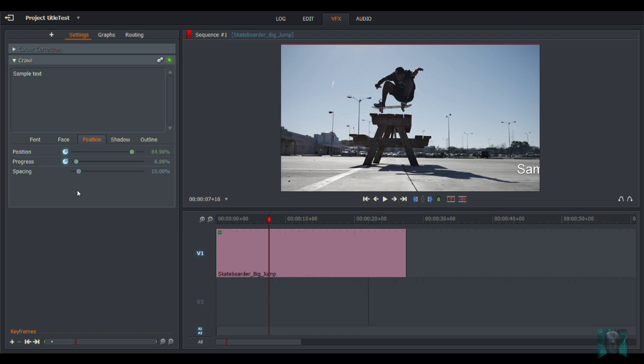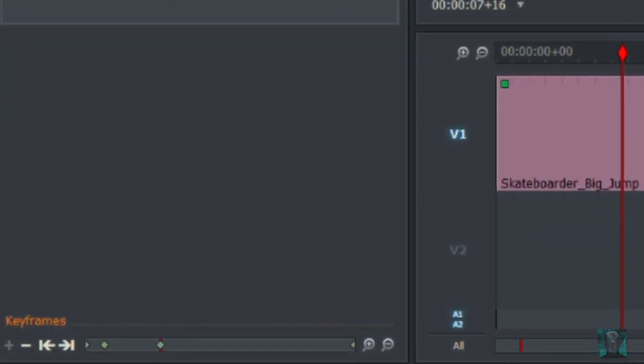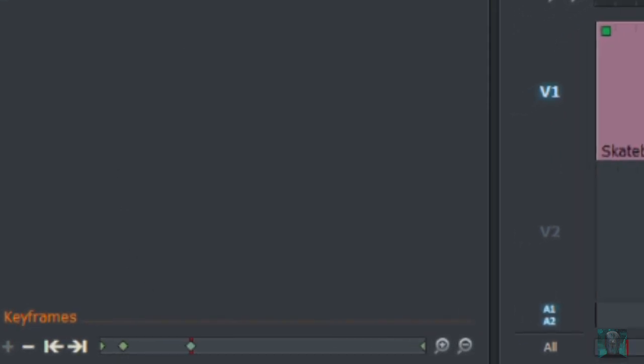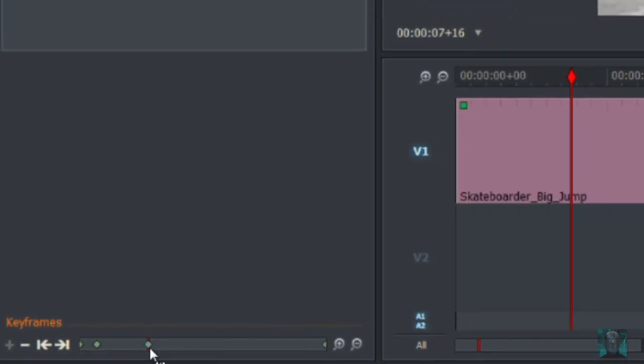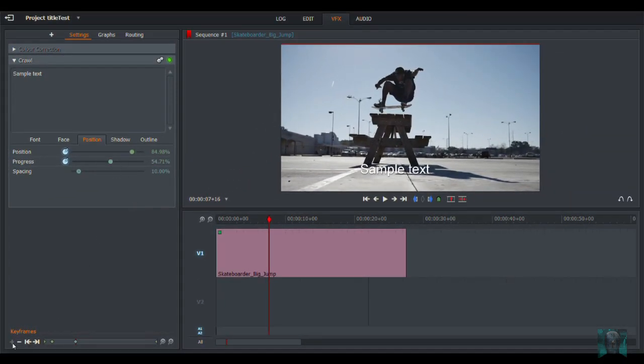Okay, so now we can move our progress bar along, and if you see here, as soon as I move it, once I've set one keyframe, it now knows down the bottom here, anytime I move this, then I obviously want a keyframe, so I don't have to bother adding one. It's always best to check though, just to double check that it has actually done that. So now we want to move the position, so I'll go left again,